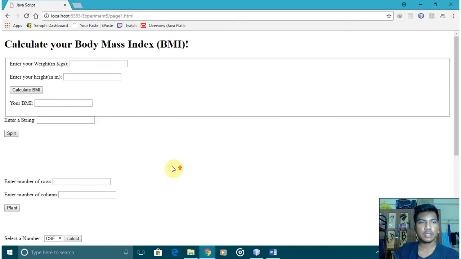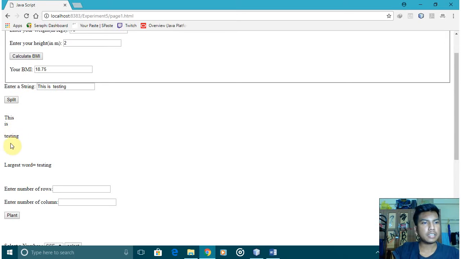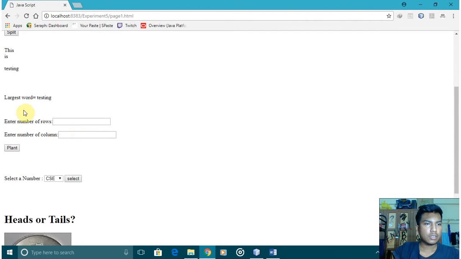So this is my result. First is the BMI calculator. Let me give my weight and my height. As you can see, I got my BMI, that is 18.5. Next, if I enter a string, it splits it and then prints the largest one, the longest word, to be